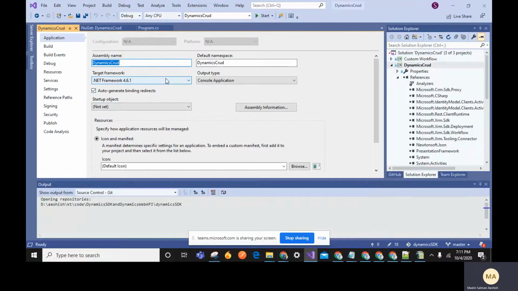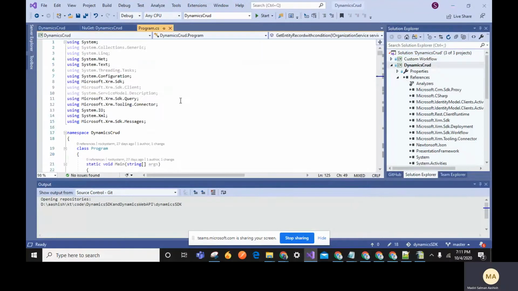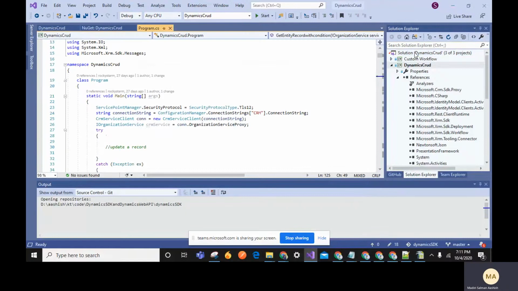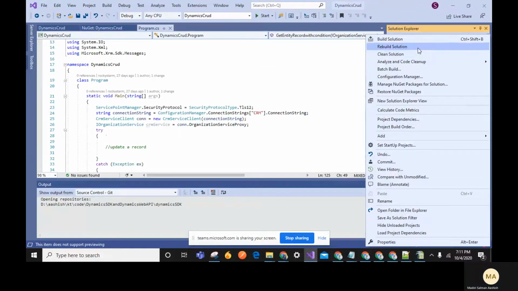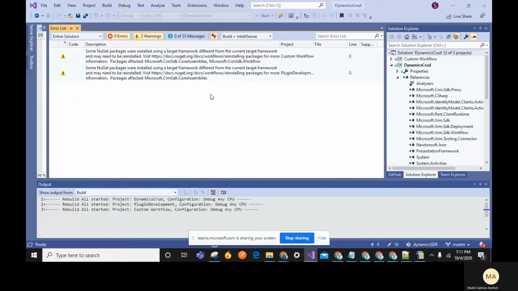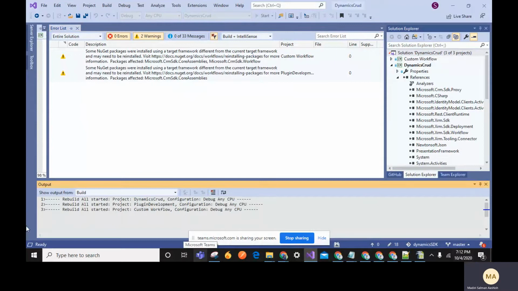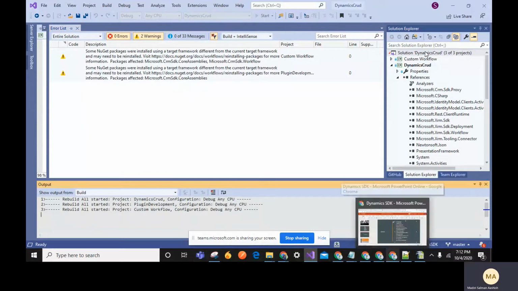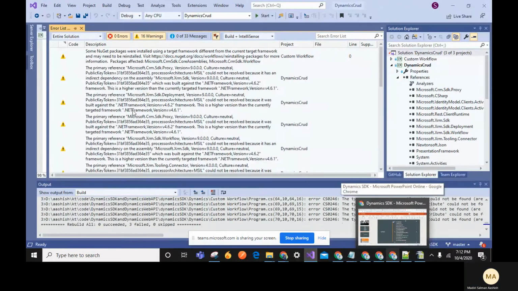We need to use 4.6.1 to use this code. Suppose if I run the code with a lesser version, it won't accept it. We get 2 warnings, but we can ignore them. We didn't get any errors till now. Let's see.